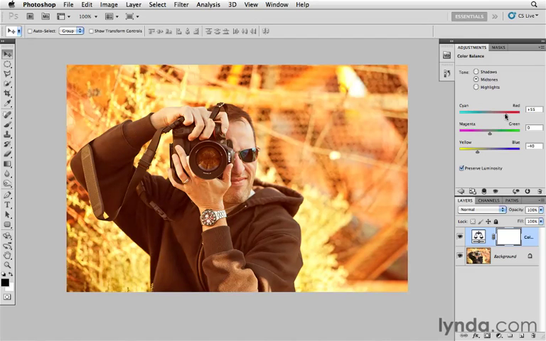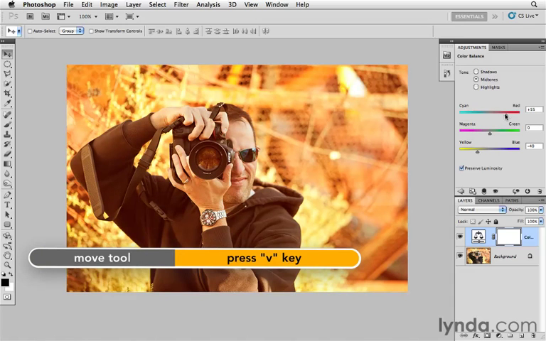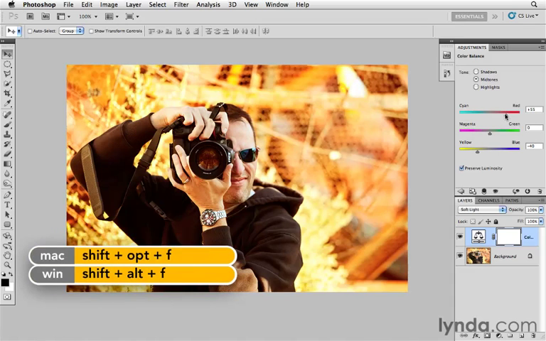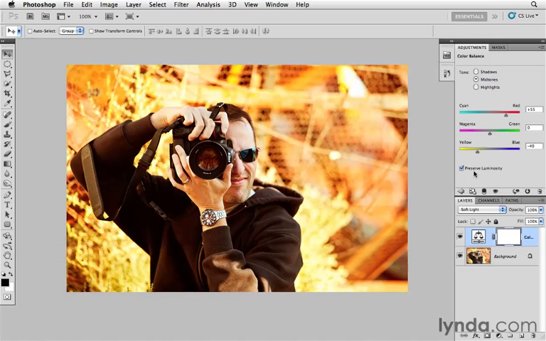And because we want to be power users, let's change the blending mode by way of a shortcut. First, press the V key to select the Move tool. Next step, on a Mac, press Shift-Option-F. On Windows, press Shift-Alt-F. Alright, well now we have that soft light blending mode,